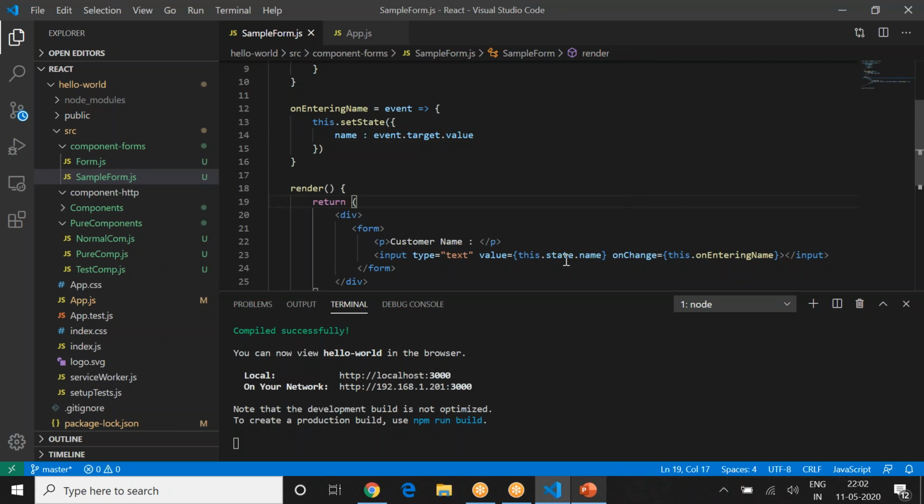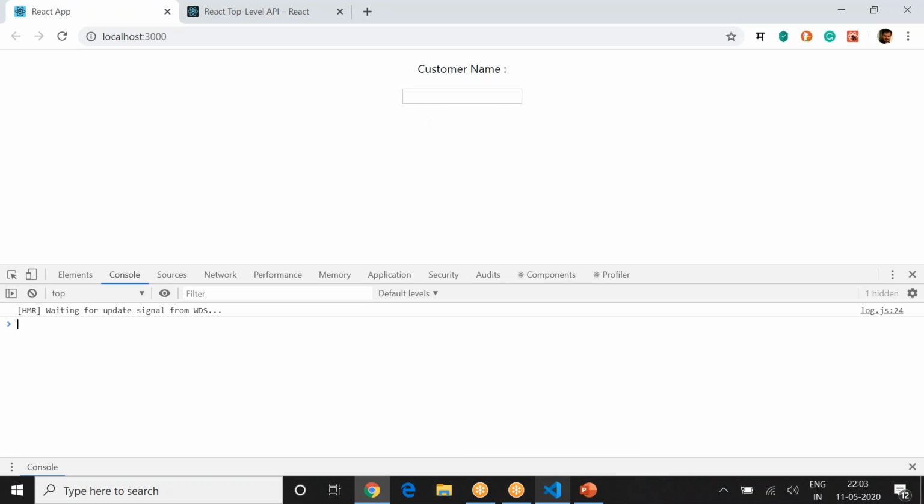So whatever value in that particular event is actually given to it, it hits here and the new value will be set. So now you are binding that particular field in React, so that you will get this particular value as soon as the user enters it. Also, you will be able to listen to the value one by one. So every character entered will be visible. So I'm now able to enter the characters.